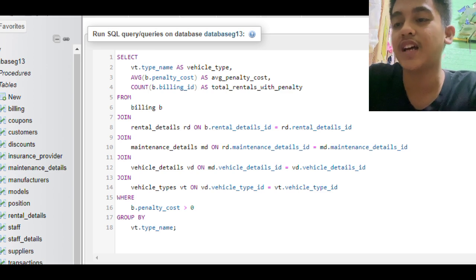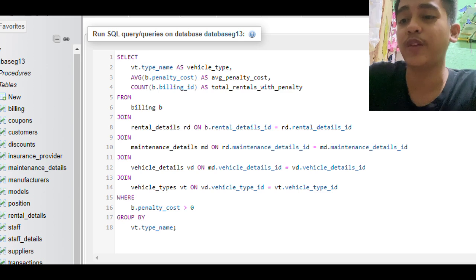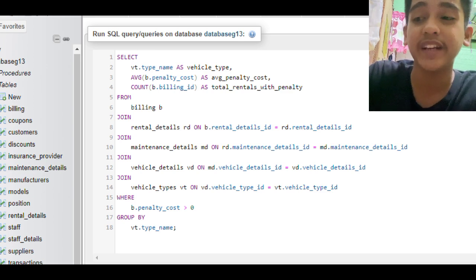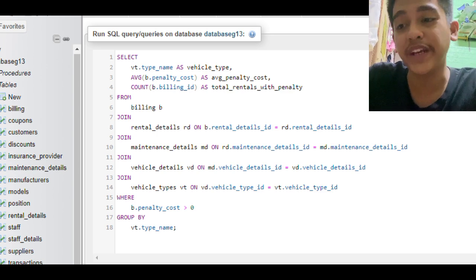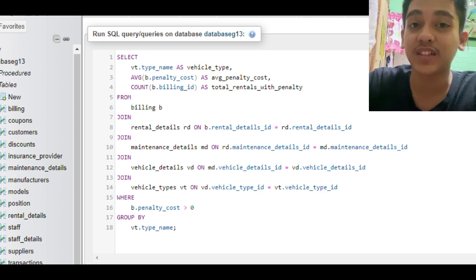The next is the joining of tables. Billing is joined with rental_details, using rental_details_ID to link penalties to the rental transaction.